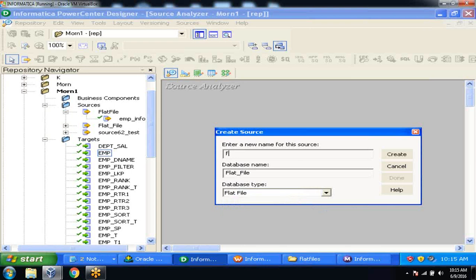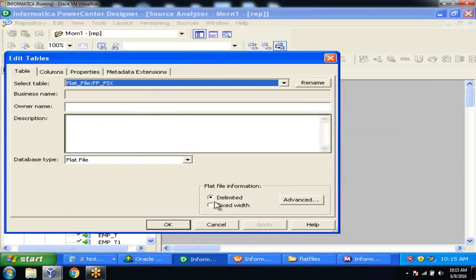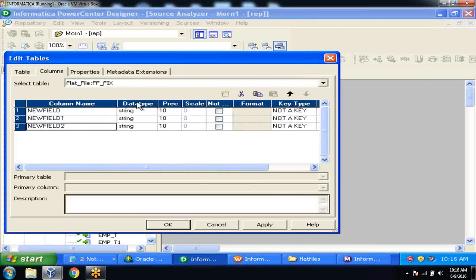So ff underscore. Double click on this. Here by default it is showing delimiter, right? So here you need to select the fixed width option. And then go to the Columns tab and add the columns in a normal fashion. Number, area,